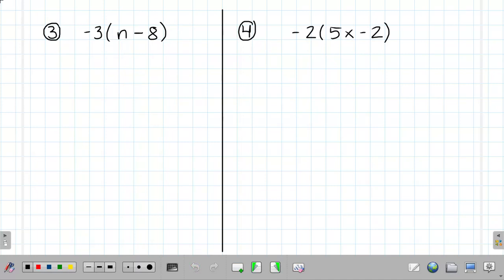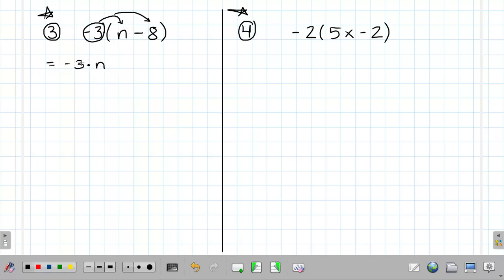Next two, very similar, except for these two. If you wanted to maybe put a little star by these or something, these have something special that we haven't seen yet, and that's dealing with negative numbers, okay? But it works exactly the same. So what we're going to do is take this negative 3 and distribute it to the n and to the 8. So what we end up with here is negative 3